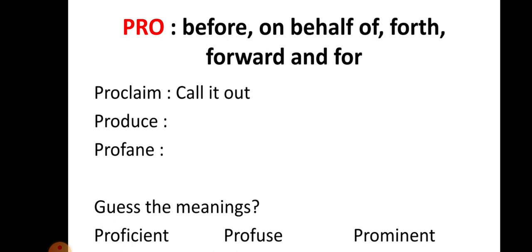Produce is actually to make things to be sold, especially in large quantities. Okay, and the next word is profane, and profane is having or showing a lack of respect for God or holy things. Profane. Okay,